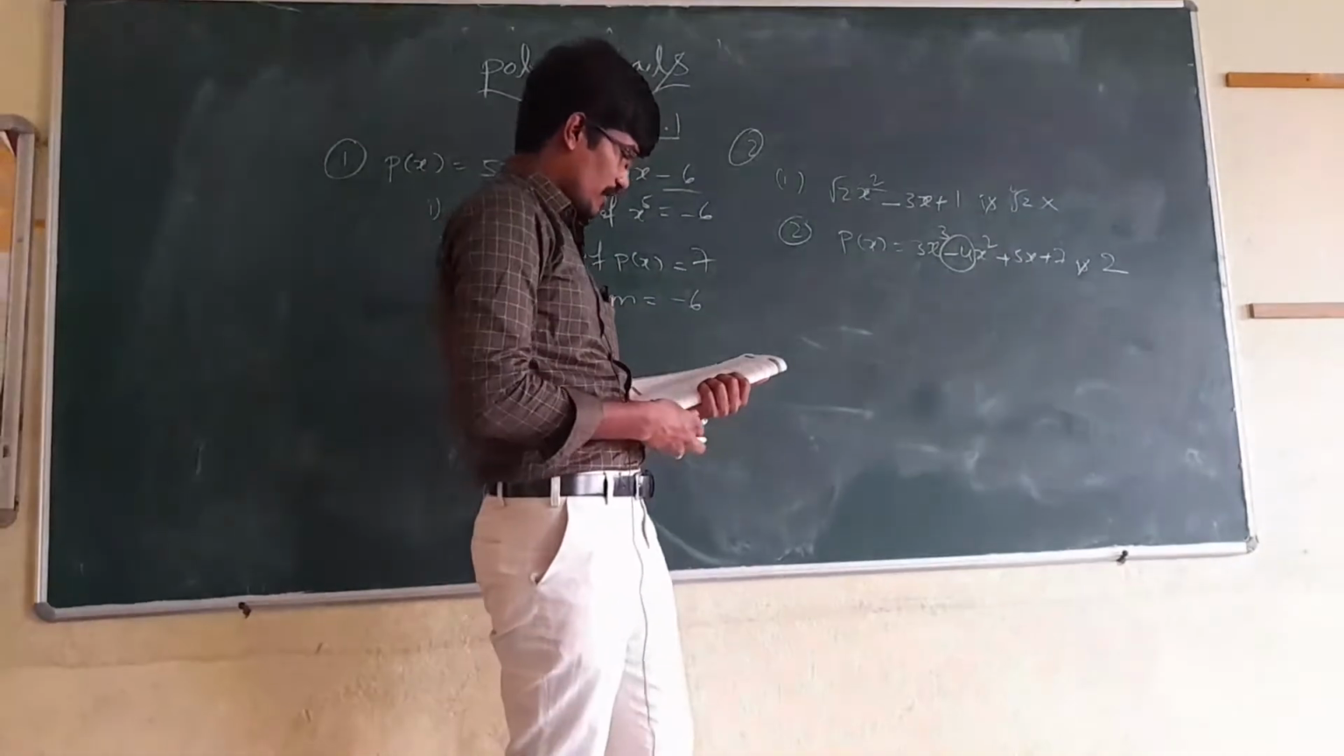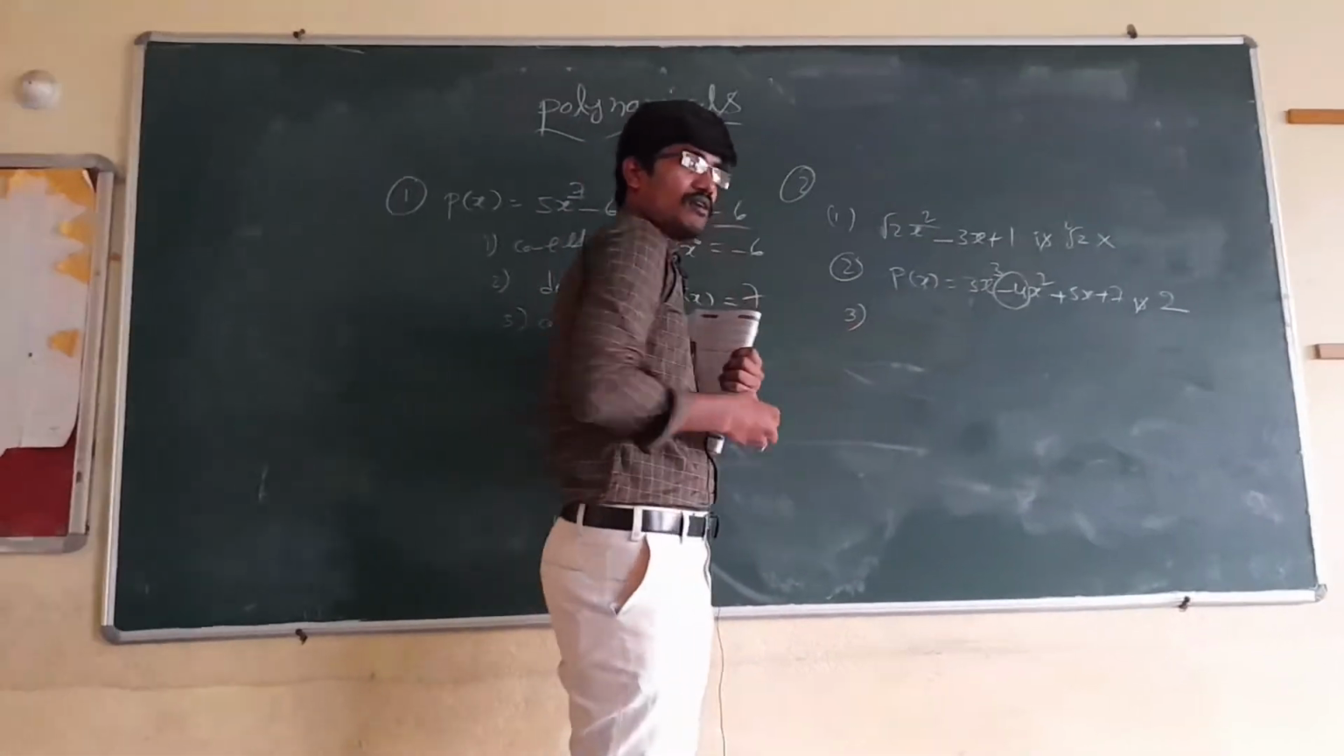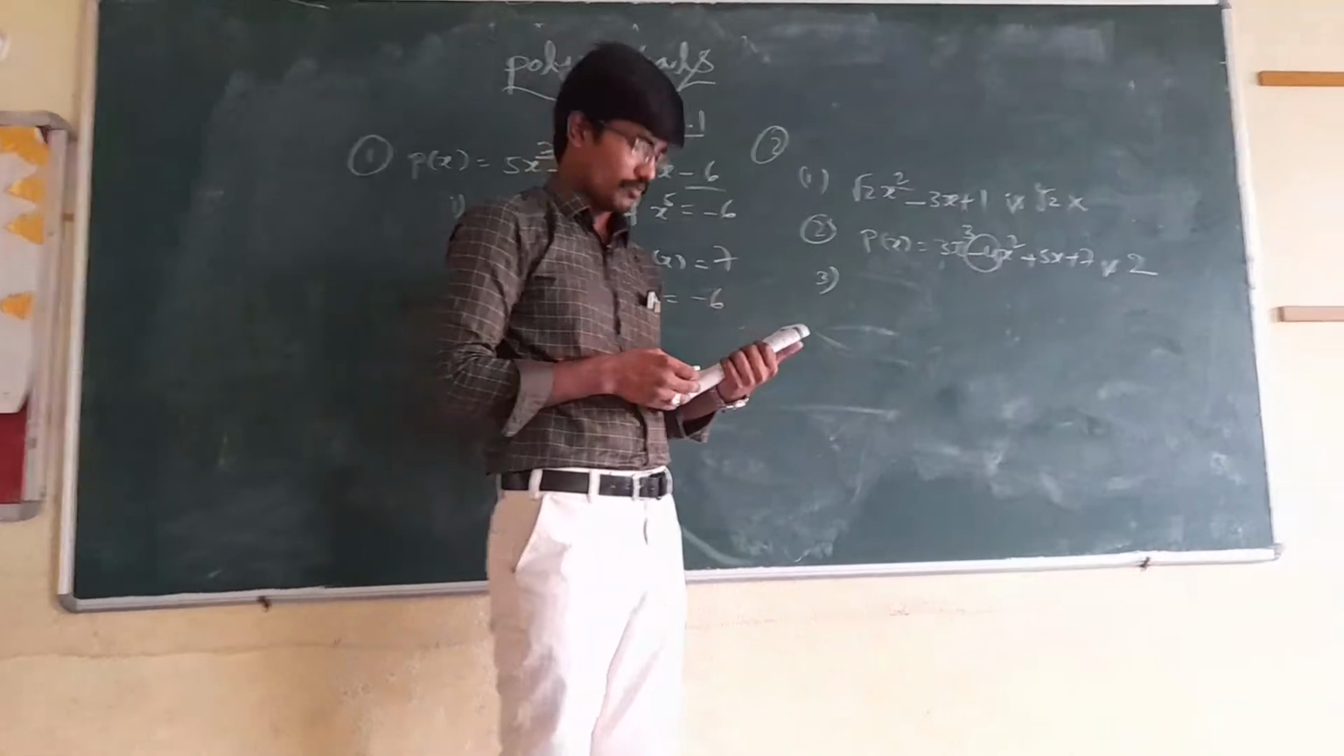Next, third one. Degree of a constant term is 0. Yes, always the degree of a constant term is 0. Next,